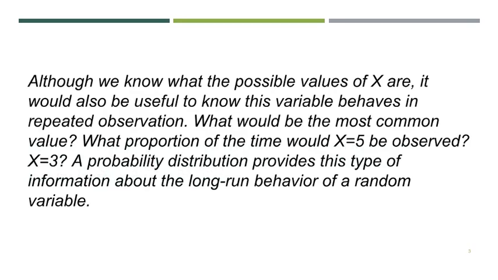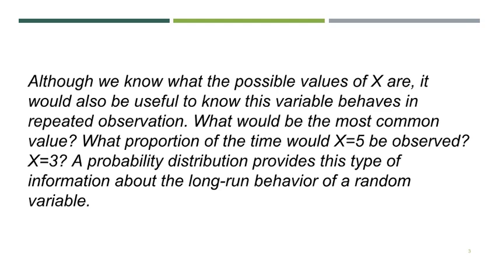In our previous discussion, we have learned how to determine the possible values of our random variable x. Now, it would also be useful to know how this variable behaves in repeated observation. What would be the most common value of our random variable? What proportion of the time would the random variable x be equal to 5? How about when x is equal to 3? In this lesson, we will use a probability distribution to provide us such information, especially about the long-run behavior of